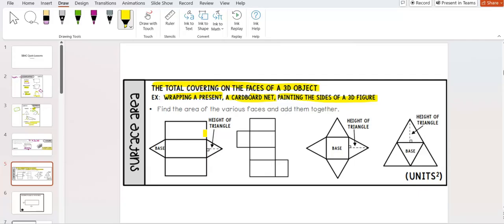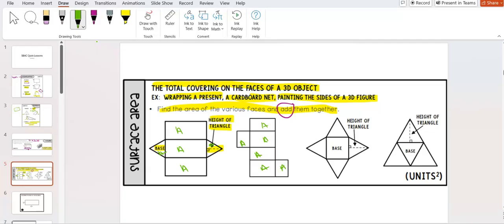And all you have to do to find surface area is find the area of the various faces and add them together. So you're just going to find the area of each piece and add them together. These are the shapes that you're expected to know. This is a triangular prism. Okay, and that's where you're going to find the base is these two little triangle pieces. But all you're going to do is find the area of this, the area of this, the area of this, the area of this, and the area of this, and add them all together. Okay, same thing here. Find the area of each face and add them all